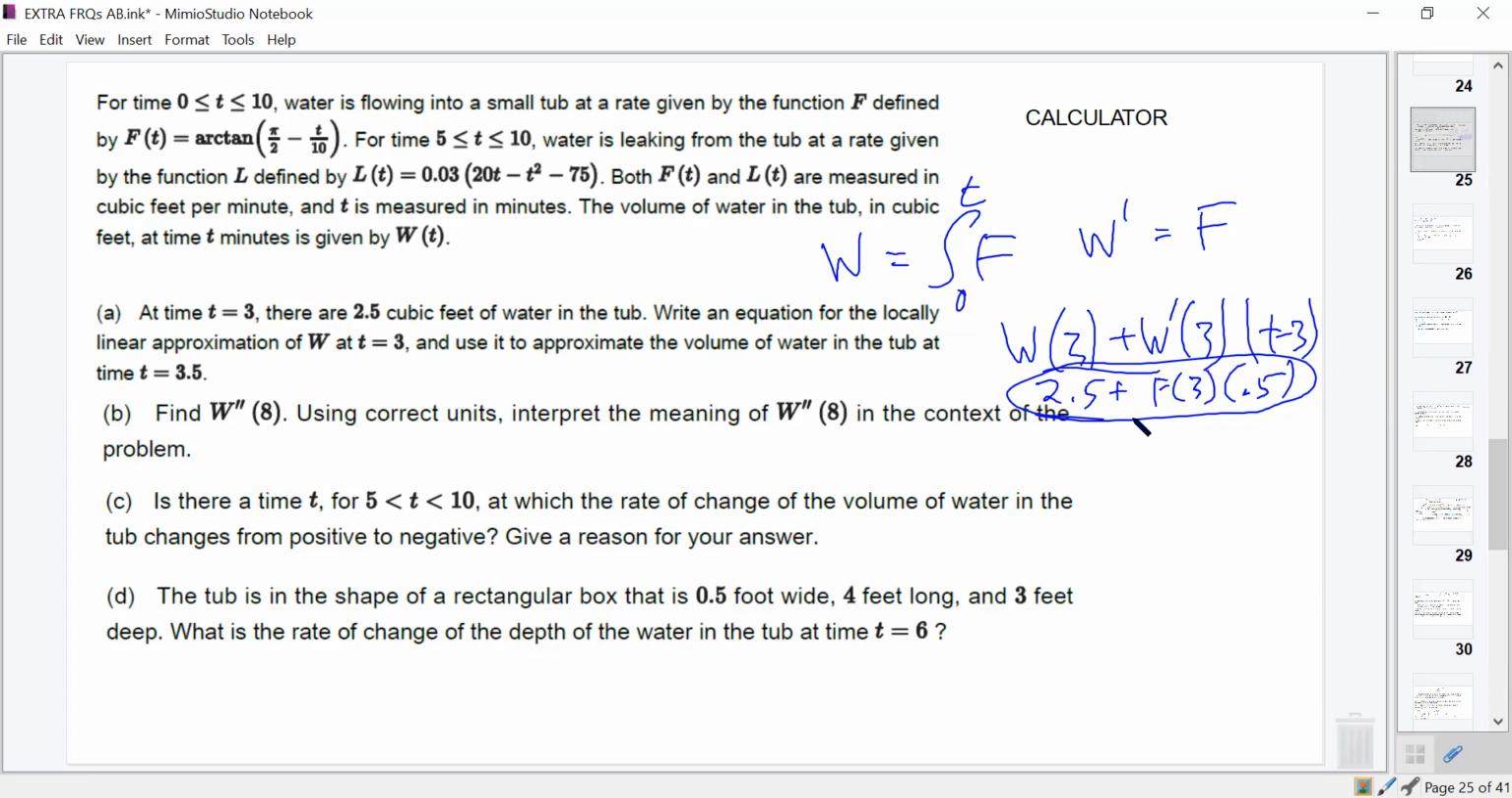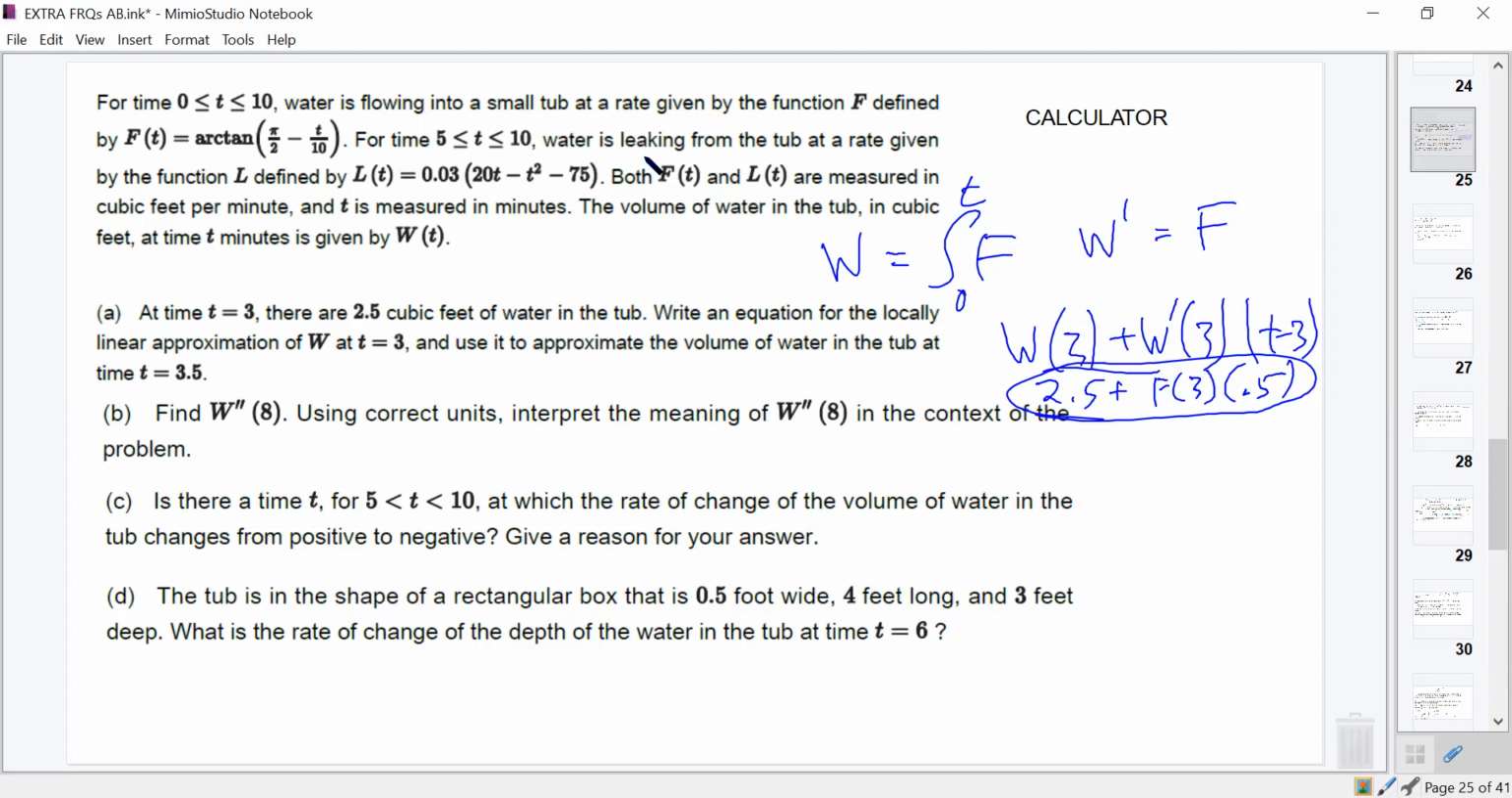Is everybody good with that? Krista, you good with that one since you're asking about the rate one? Yeah, thank you. Then B is fine. W prime, right? W double prime of 8. So W double, that's hard to say. W double prime at 8 should just be, since we're looking at it at 8,